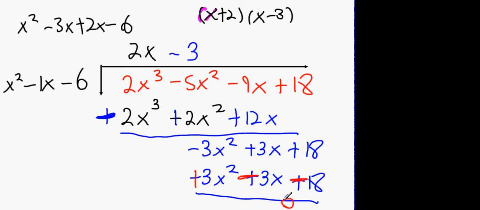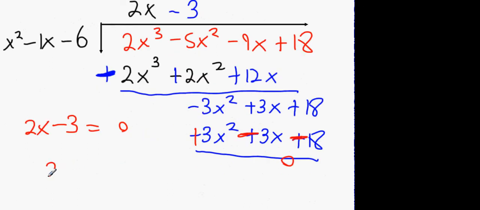It goes 0 times. This means 2x minus 3 is my third factor. Therefore, 2x minus 3 must equal 0. 2x equals 3. X equals 3 over 2. Okay? So,